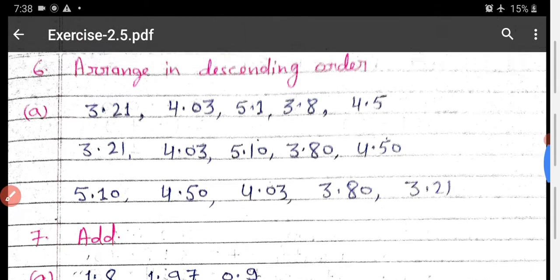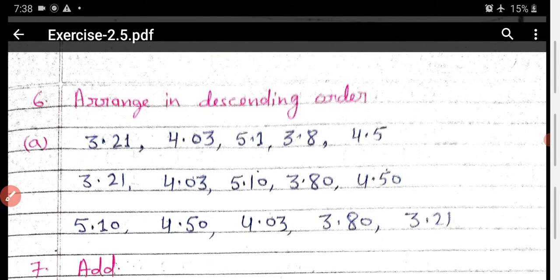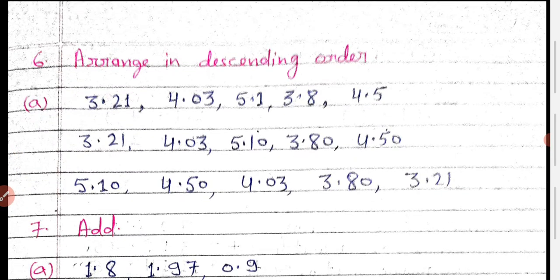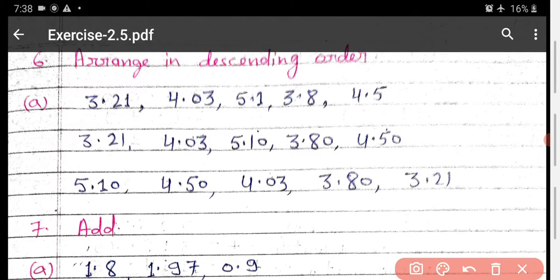So in descending order, always you have to put the greater number first, and then a smaller, and then a smaller. But you have to do this only when you make all the decimals in standard form. Standard means after decimal there should be an equal number of digits. If they are not equal, you have to balance it by increasing the number of zeros. For example, here 2 digits, 2 digits, here 1 digit, so you have to add 0, then it becomes 2 digits again. A zero at the end of the decimal is useless, so either you can write it or not, no problem, but in order to solve the question you have to make the zeros here. Okay, now come on question number 7.